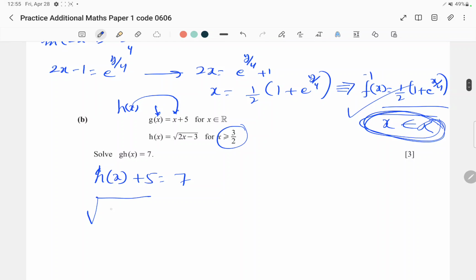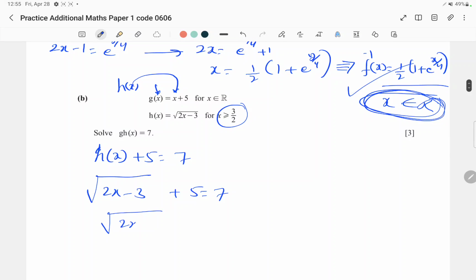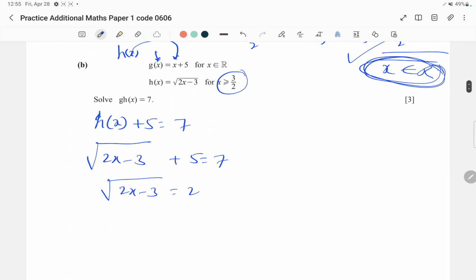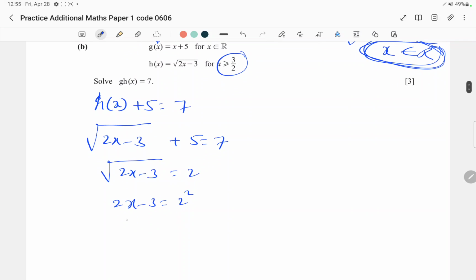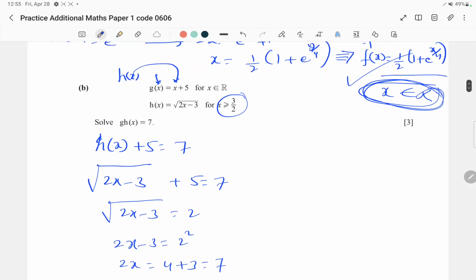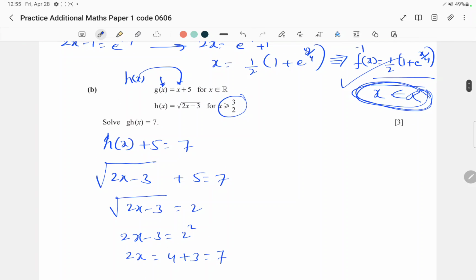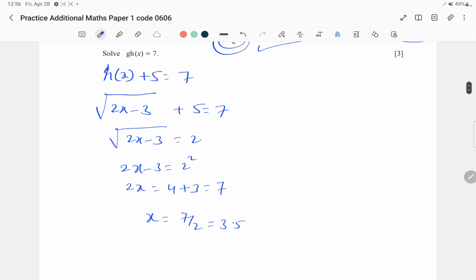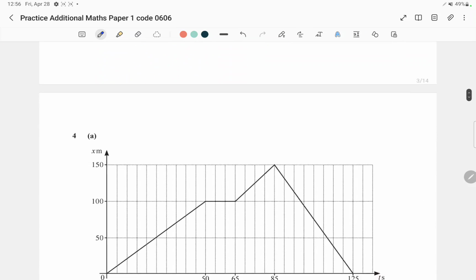And h(x) is root of 2x minus 3 plus 5, which is 7. So root of 2x minus 3 equals 2, right? And then you can square both sides. So 2x minus 3 equals 2 squared. Then 2x equals 2 squared, which is 4, and then 3 you can take to the right side, which is 7. Then x equals 7 over 2, which is 3.5, right? Now 3.5 is valid because h's domain is greater than 1.5 and here it's all real numbers, so that's fine. 3.5 is valid. Now come to the next question, which says